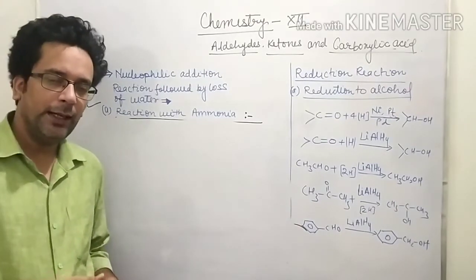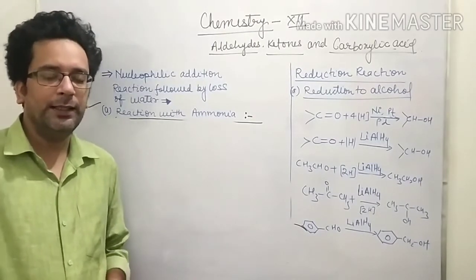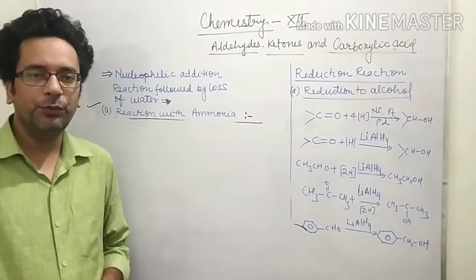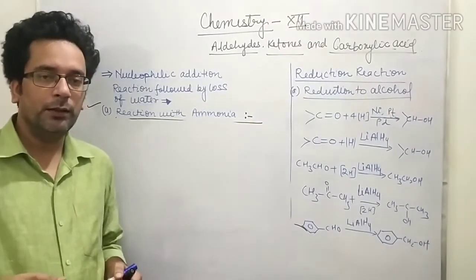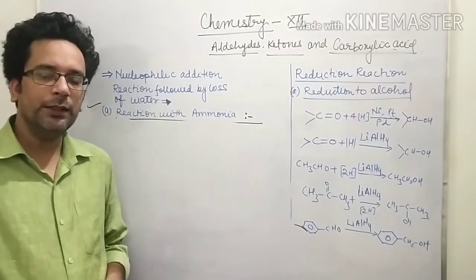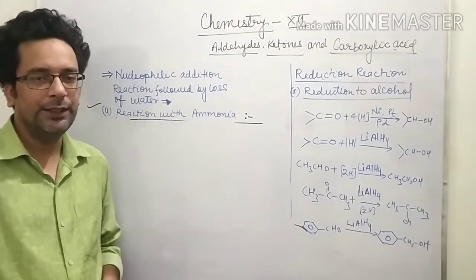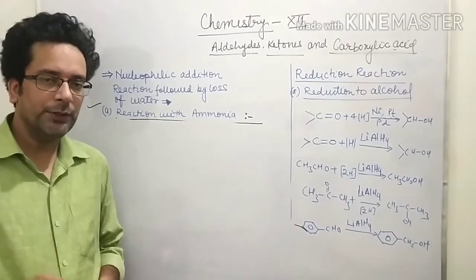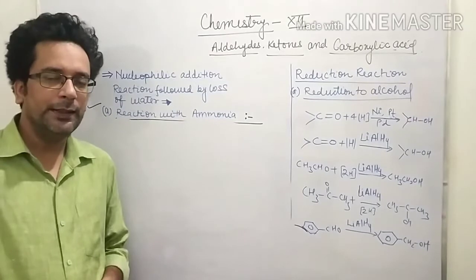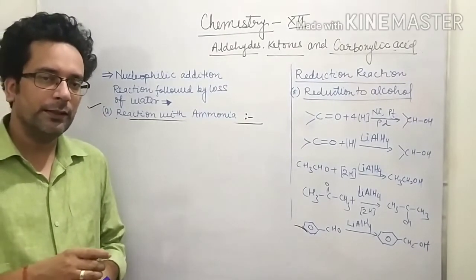Similarly, aldehyde reacts with ammonia to form aldehyde ammonia. In a similar way, ketone reacts with ammonia to form ketone ammonia. Now, ketone ammonia is a complex compound which cannot be isolated further. Means the difference between the reaction of aldehyde with ammonia and the reaction of ketone with ammonia is that in case of